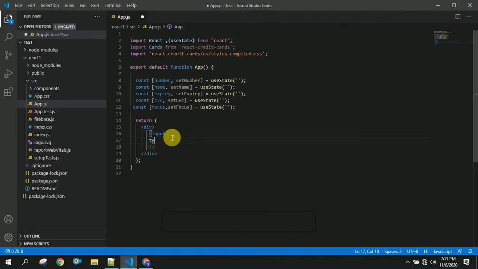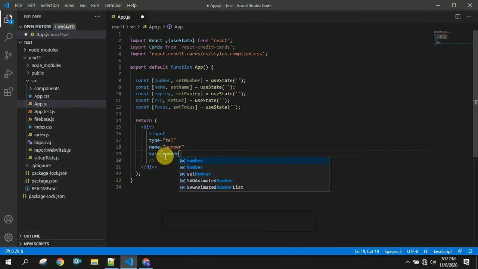And we have to give type equal to tel, and name equal to number. Next one is value equal to this, which we have created here.